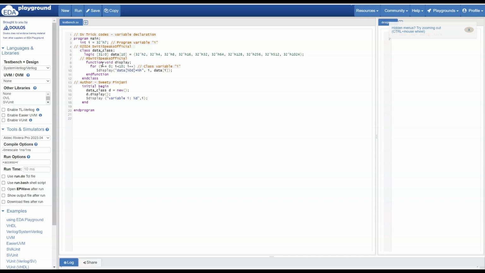Then I have a display function where I am displaying the values of the array variables. After that, I have an initial block in which I am creating an object of data class and calling the display function. And finally, I am also displaying the value of variable i explicitly.